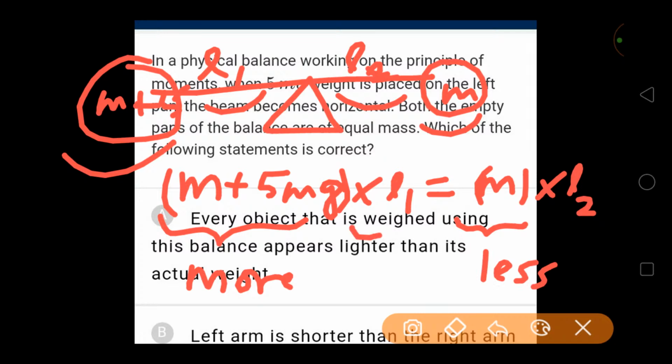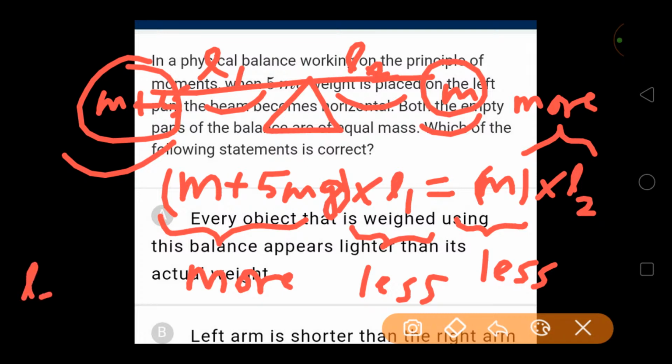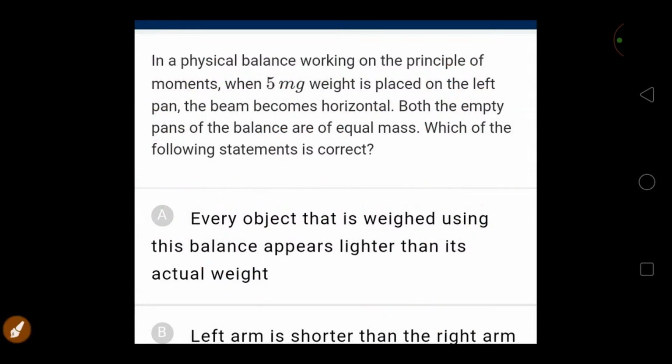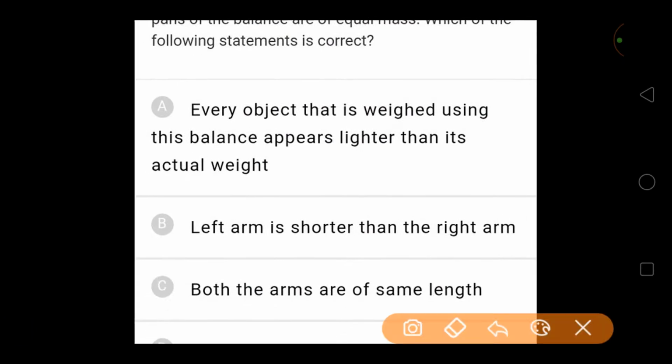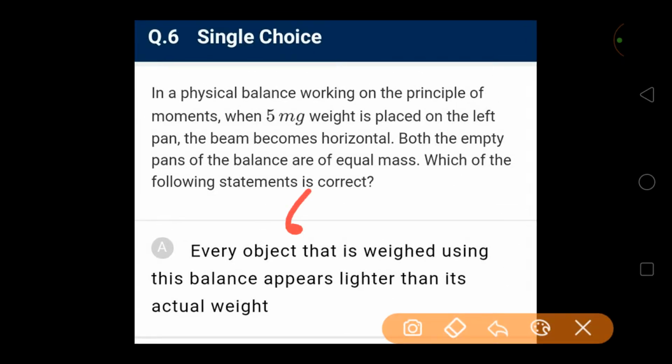If this mass is more, this L1 should be less. If this is less, L2 should be more. So L2 is greater than L1. So the right arm is greater than the left arm. So you can say the left arm is shorter than the right arm. So for sixth question,